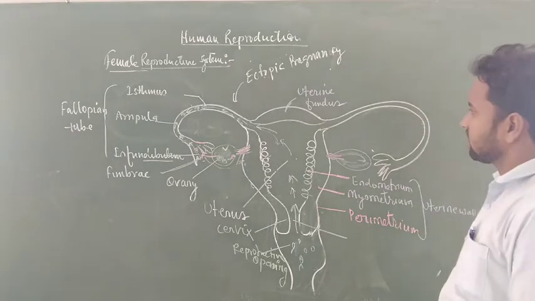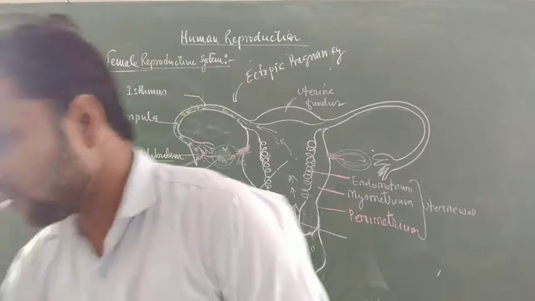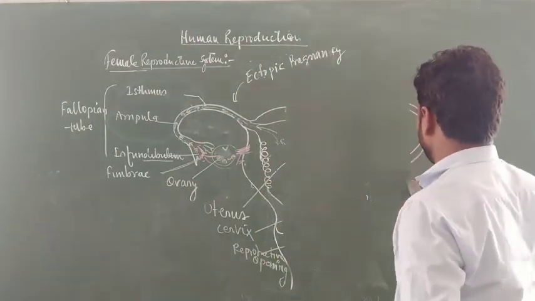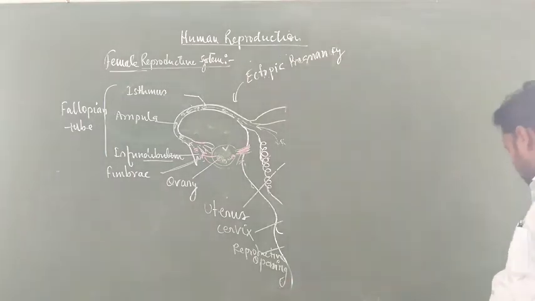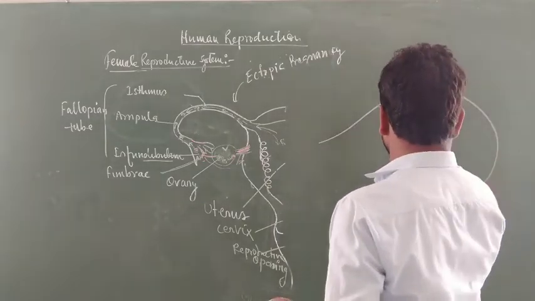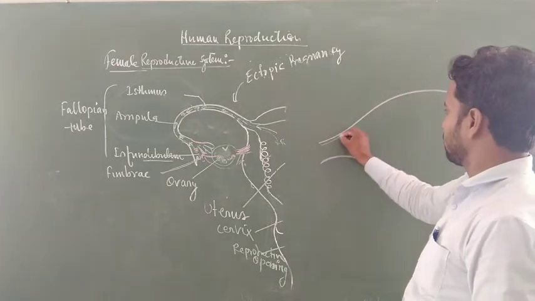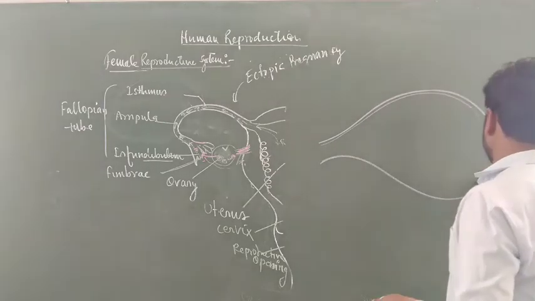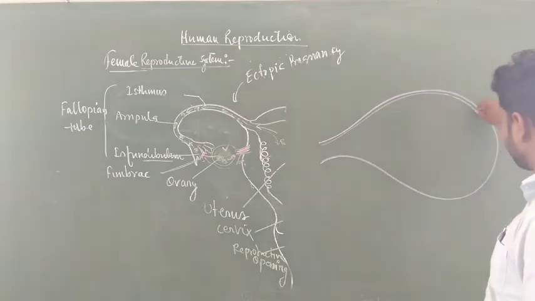Now students, let us understand the structure of the ovary, and then I will discuss how female gametes are formed inside the ovary. This is the ovary, attached to the uterine wall. At the time of fetal development, the ovary is designed and